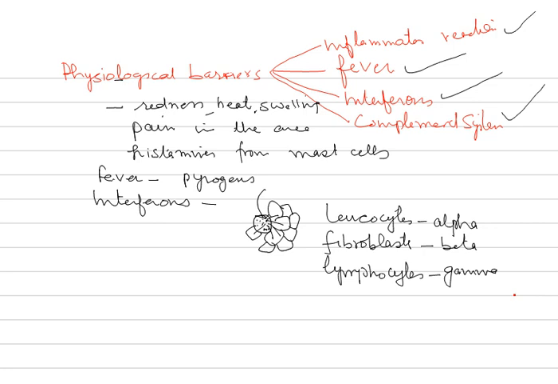Then comes interferon beta. In fact, interferon alpha is also made synthetically as medication in hairy cell leukemia. Then comes interferon beta, as we have studied already, that is produced in large quantities by fibroblasts. They again have antiviral activity, and two types of interferon beta have been described, that is beta 1 and beta 3.